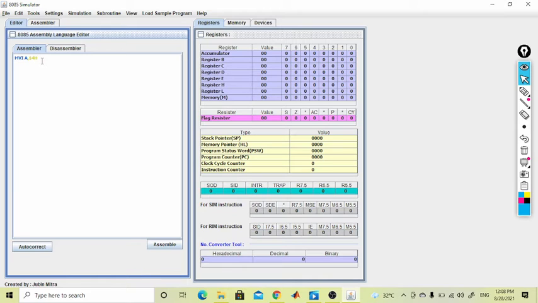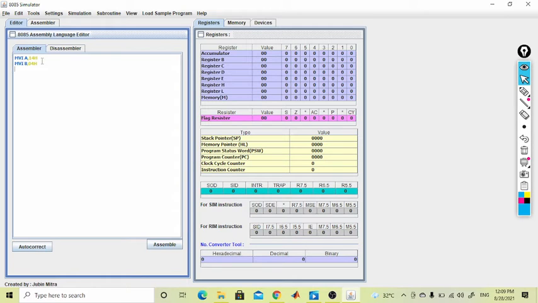Next we write MVI B, 04h. Now we are assigning a register with the divisor, that is 04h.